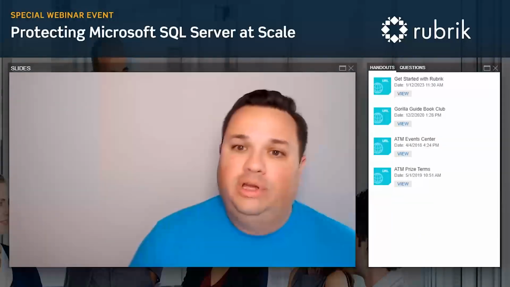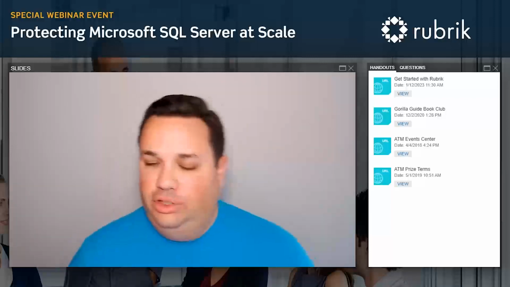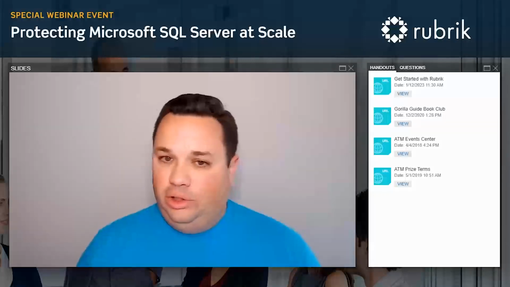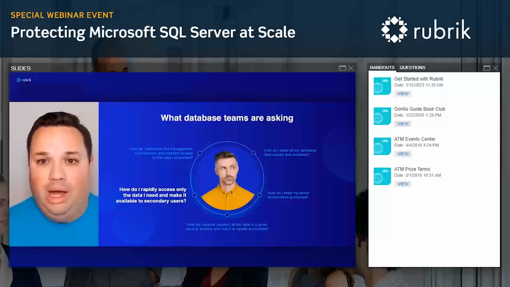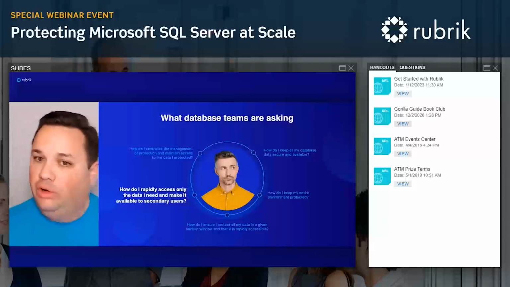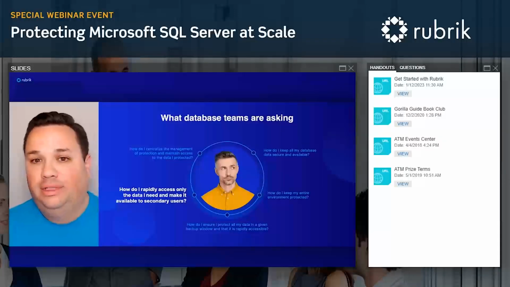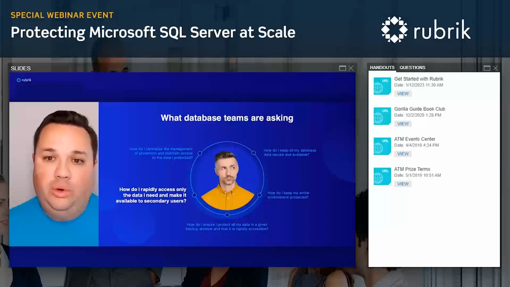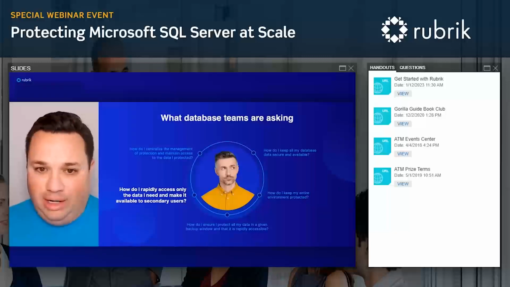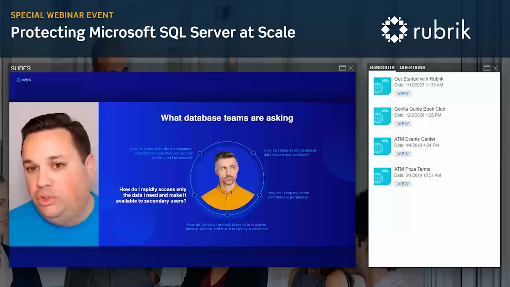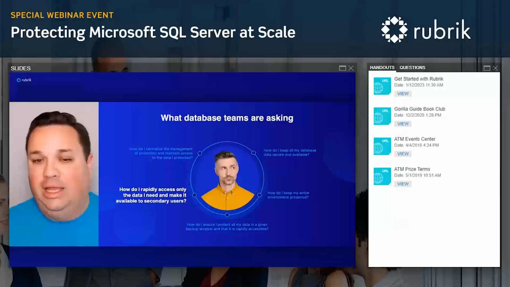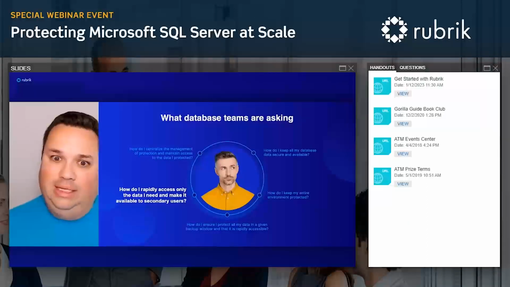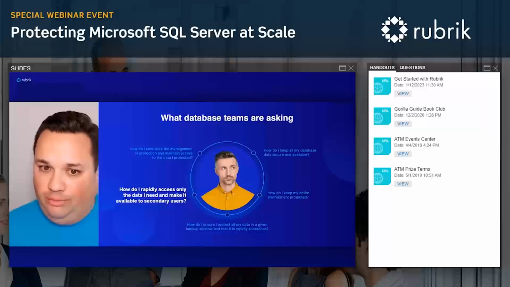DBAs can never recover something quickly enough. There's always a user screaming or a manager looking over their shoulder asking why the most critical database that is currently broken is not fixed yet. In the DBA world, their options are kind of limited. They need to figure out where the backups exist. Do they have enough storage on the host to have a second copy of that backup? If they don't, they have to go talk to the storage team and try to get storage allocated to the server. That in itself is its own process and problem.